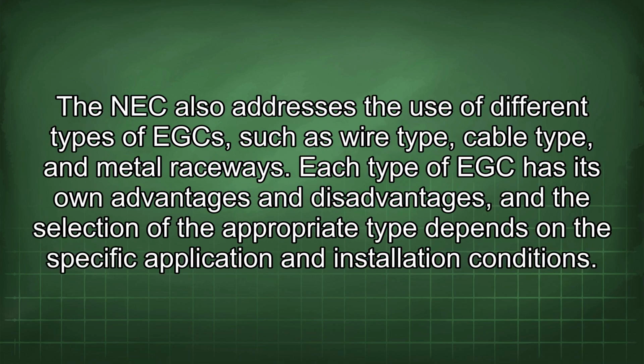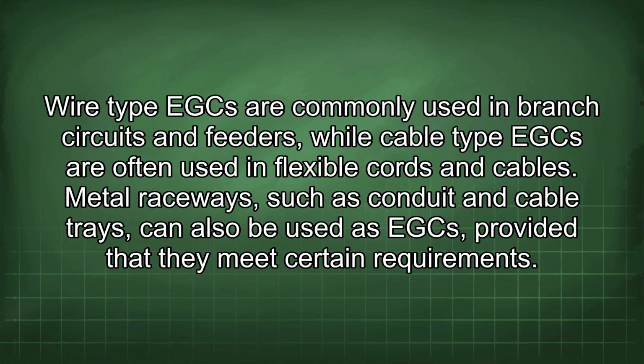The NEC also addresses the use of different types of EGC, such as wire type, cable type, and metal raceways. Each type of EGC has its own advantages and disadvantages, and the selection of the appropriate type depends on the specific application and installation conditions. Wire-type EGC are commonly used in branch circuits and feeders, while cable-type EGC are often used in flexible cords and cables. Metal raceways such as conduit and cable trays can also be used as EGC, provided that they meet certain